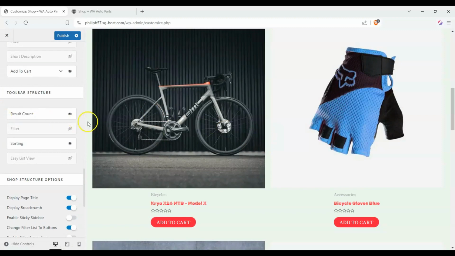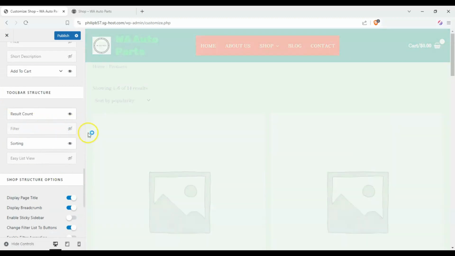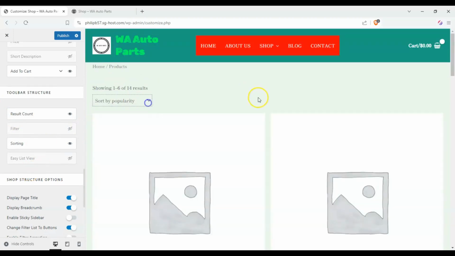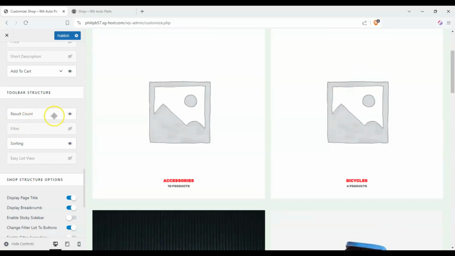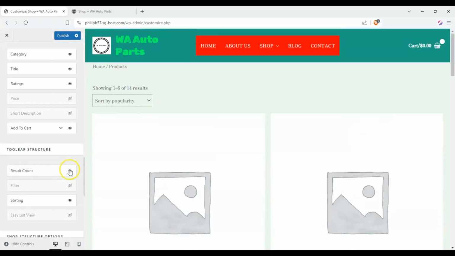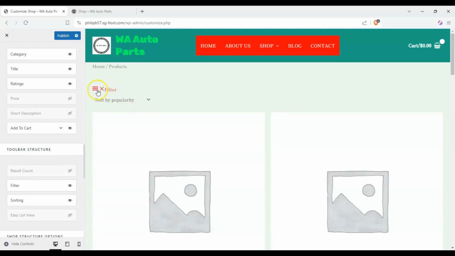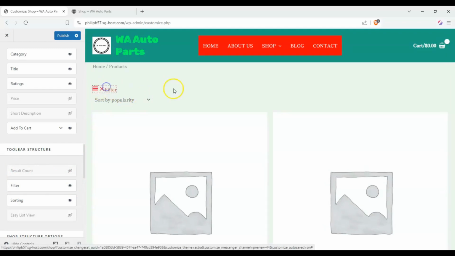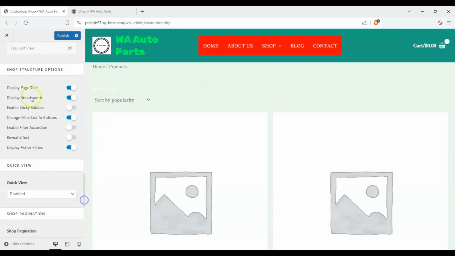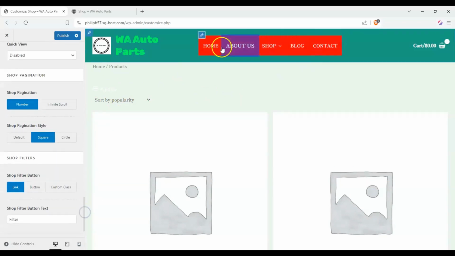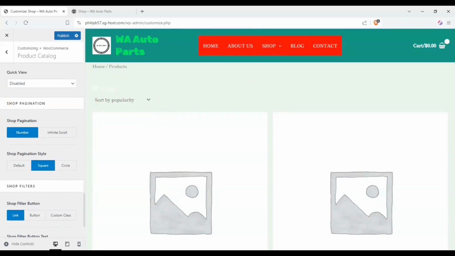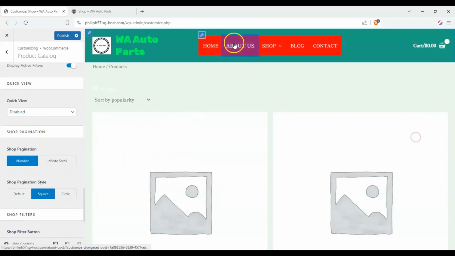Okay, and we can also enable the filters. Okay, we can also remove the result count. And there we go, we have our filter over here. All right, so we can also enable or disable certain things based on our theme here. And we can also remove